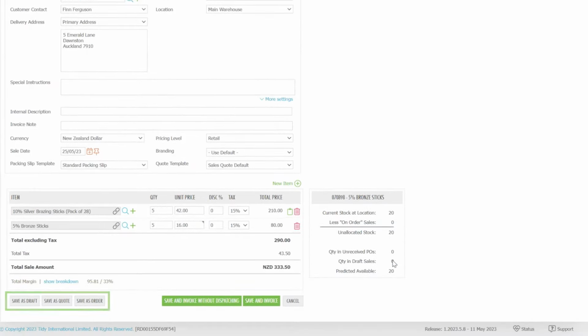I can save this sale as a draft, quote, or order. Save as order saves the sale and creates a back order. If I click Save and Invoice, this saves the sale information and sends it through to Xero to create an invoice. At that same time, it's also going to deduct the items from stock and send a stock adjustment journal